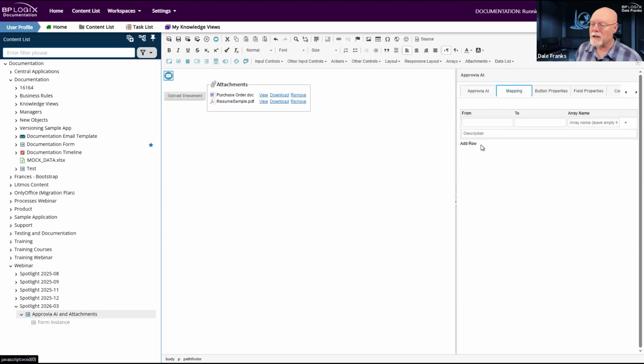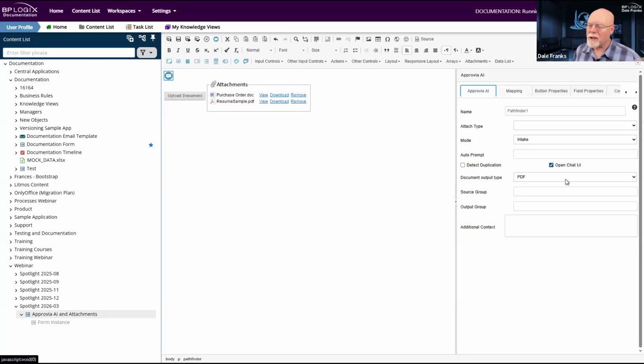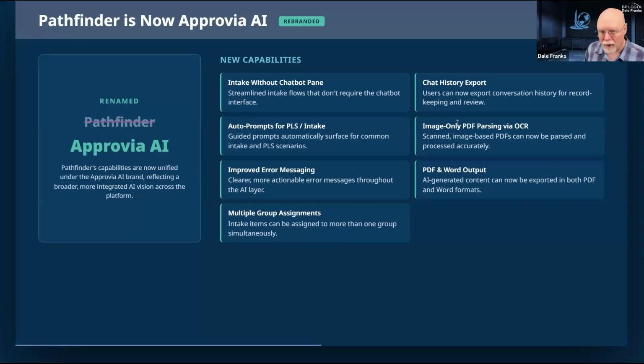And the intake process is important because, as we talked about last month, you have the ability to actually use prompts to extract data from any document that you upload and fill out the form with that data. The AI will just go and retrieve the information from the uploaded document. We'll place it into form fields. So now this can all happen automatically without having to mess with the UI at all. The end user doesn't even have to see it. They just click the button and the intake process automatically begins based on the prompt that you've given it and without showing them the chatbot UI if you don't want to show it to them.